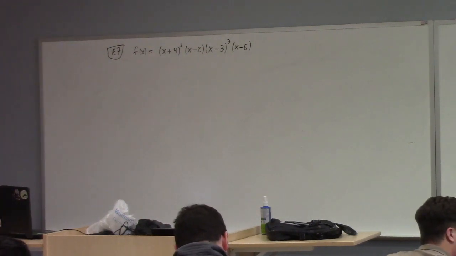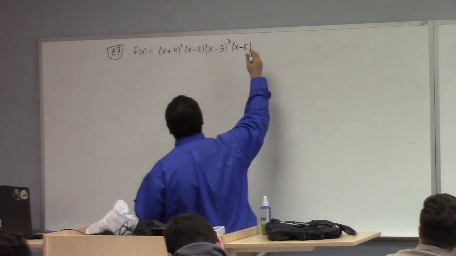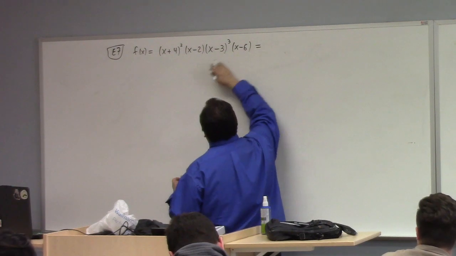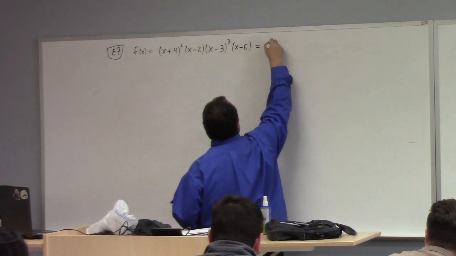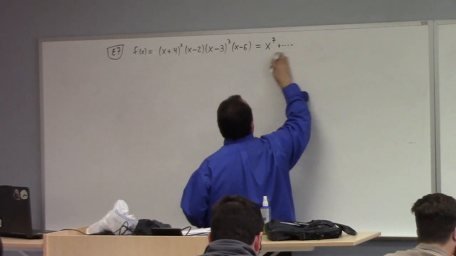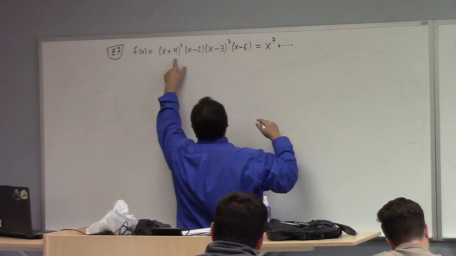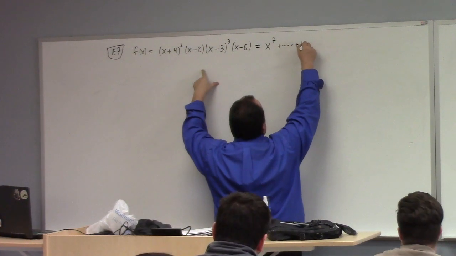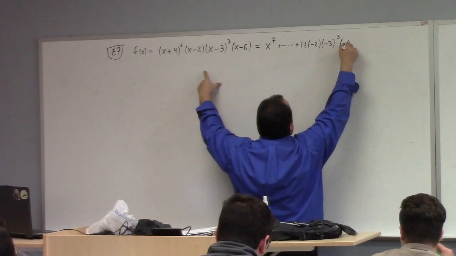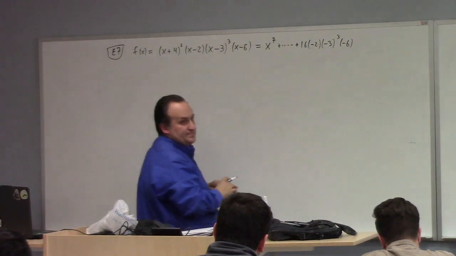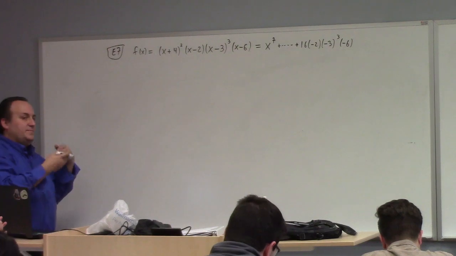So if we put the polynomial in standard form, the degree is the leading power which has non-zero coefficient. Here we have 5, so it equals 5: we have x squared and x cubed and x. So we have an x to the 7th here, plus stuff, okay? The constant term would be 16 times minus 2 times minus 3 cubed times minus 6, for what it's worth. I don't care. But there's the y-intercept. All right. So my point to you is this is order 7, which means the big picture of it is